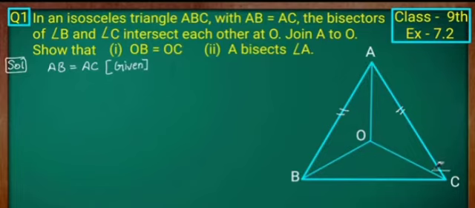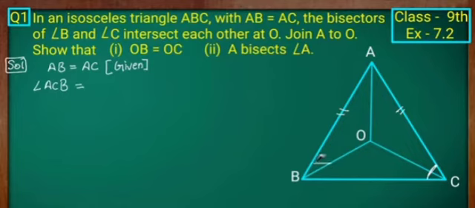Okay, first part over. The second part, if two sides are equal, then you can say that opposite angles are also equal. Now see this figure, AB and AC both are equal. What's the opposite angle of AB? Angle ACB. Now, what's the opposite angle of AC? Angle ABC. So, these two angles are equal. By the rule, if two sides are equal, then the opposite angles are equal. That is the rule. Okay. So, one side and angle over.